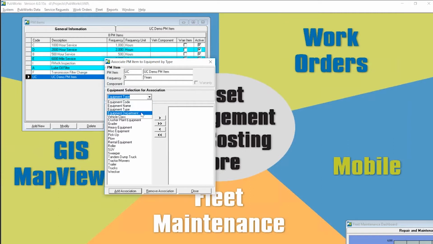You can say, well, I want to do it by department. Now it's showing you a list of all your departments that own vehicles, or maybe by vehicle class, or maybe just by the vehicle unit number, or the vehicle description. So you can make use of any one of these, what's the word, filters perhaps, or views of your equipment and vehicle data to make the association of the PM item to them